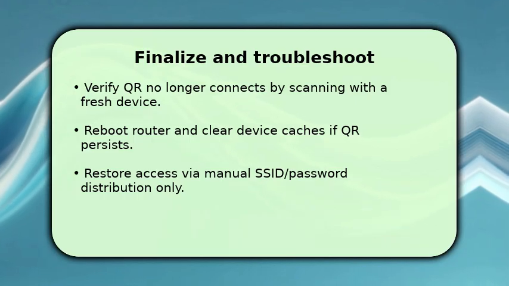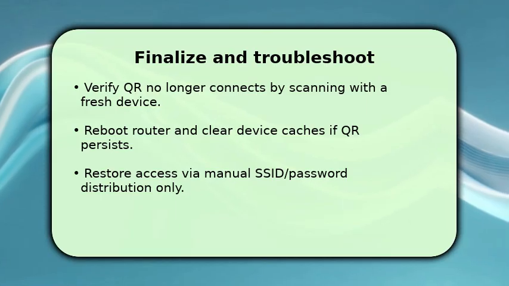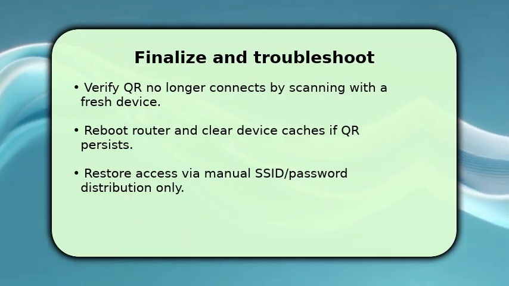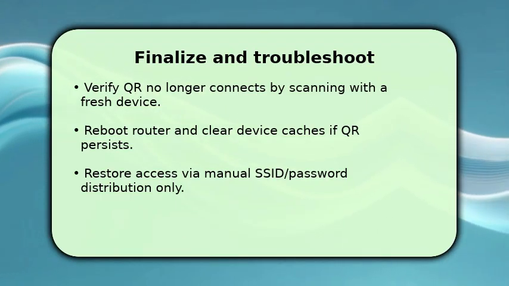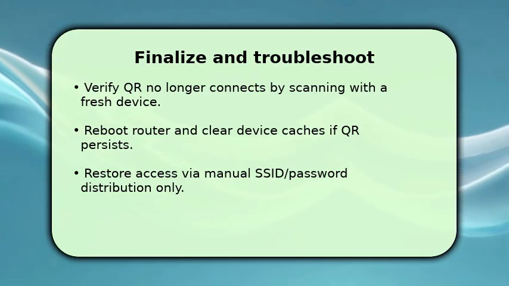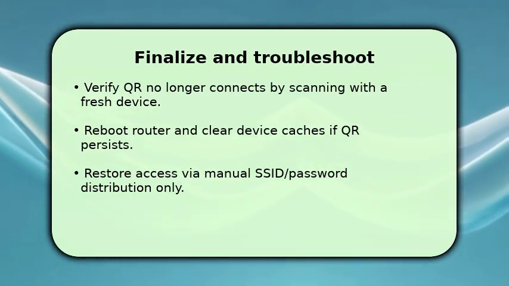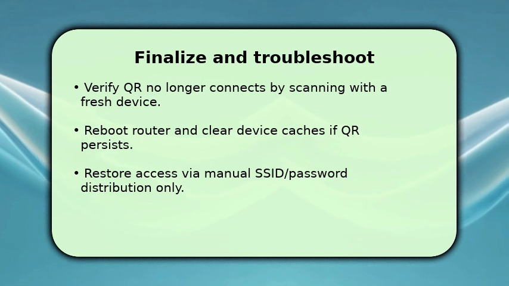If the QR still works, reboot the router, delete saved Wi-Fi profiles on test devices, and clear any cloud-synced settings that might reapply the QR. Make sure you communicate the new manual connection method to legitimate users. If problems continue, reset the router to factory defaults and reconfigure securely. That single troubleshooting tip resolves most